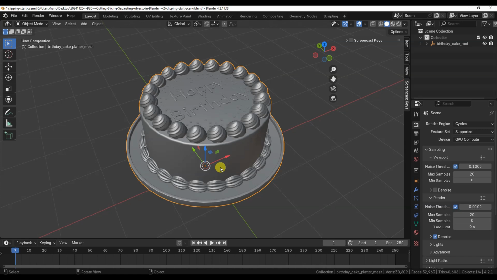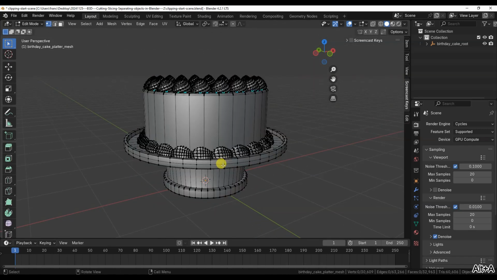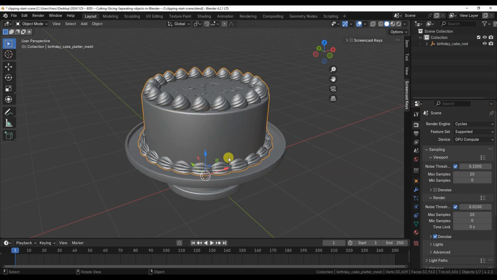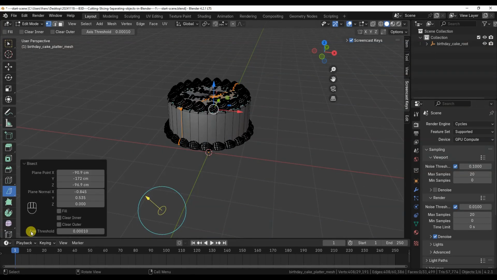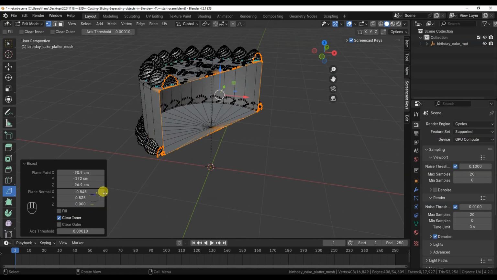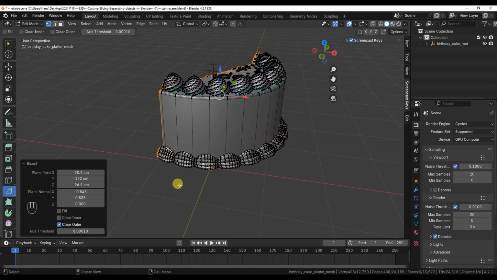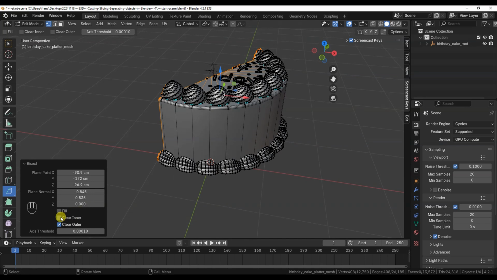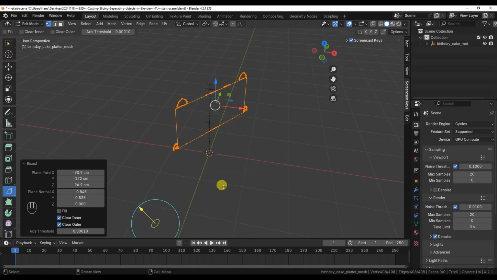Before moving on to the Boolean modifier, let's briefly review what we covered in the first part and discuss the differences between operators and modifiers in Blender. The bisect, split, and separate tools are indeed operators, meaning they work destructively, unlike Boolean. Boolean, on the other hand, is a modifier which allows us to revert to the previous mesh, even temporarily undoing operations or adjusting the shape of the cut at a later stage.